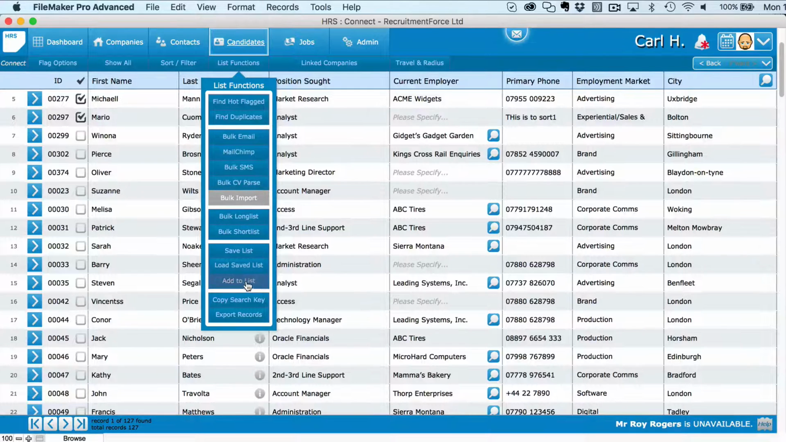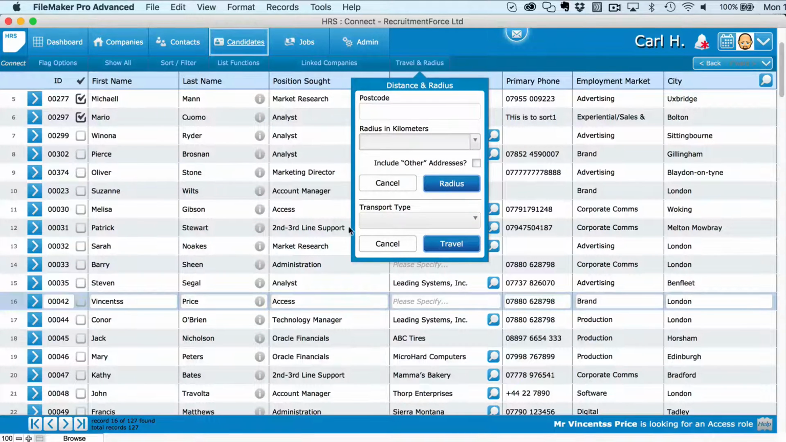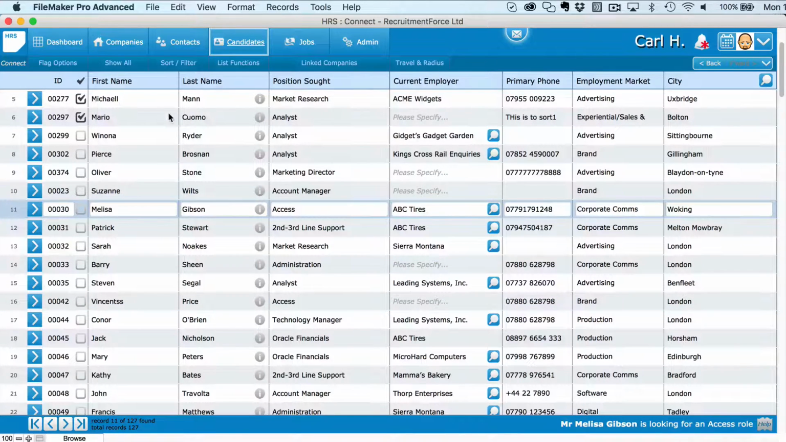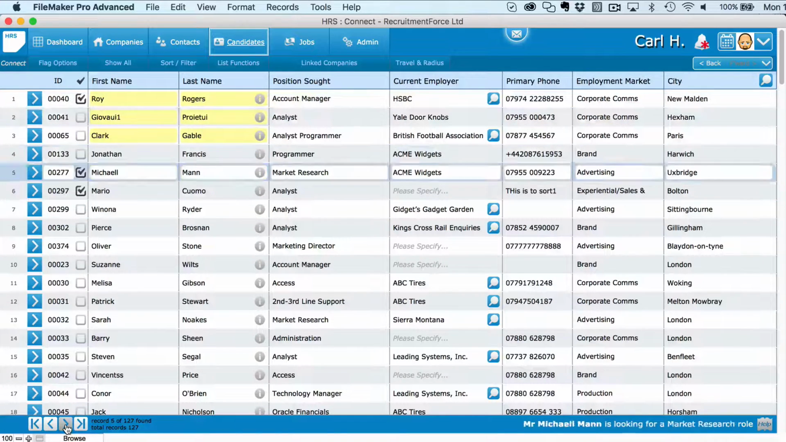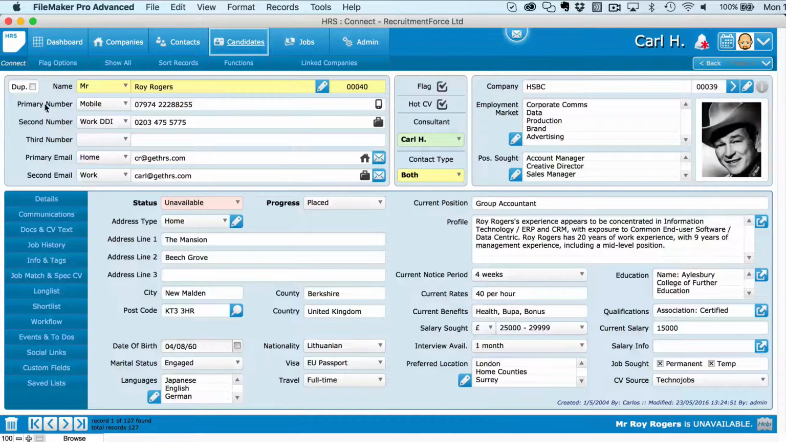And we also have a list of functions where you can do things like bulk import, bulk long list records, or mail merge. On the right hand side we also have access to the travel and radius, as you've just seen, where you can do radius searches as well. The navigation buttons at the bottom will obviously allow you to scroll through the records as you wish. So let's go into one of these records. Let's go into Roy Rogers and we'll have a little look at the information that we're storing against a candidate